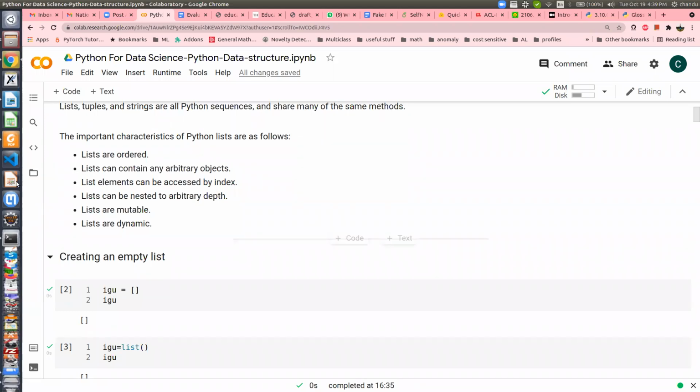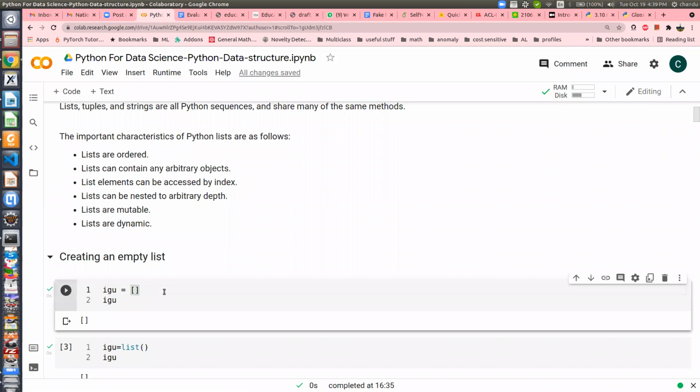For example, let us say I'm inserting 2, 3, and 5. If I print this list, I will get the same order in which I input these items. I input 2 as the first item, 3 as the second, 5 as the third, and when I print, I get the same output. So the same order is maintained. That's why it is called lists are ordered. There are other data structures which are unordered; we'll talk about that after some time.